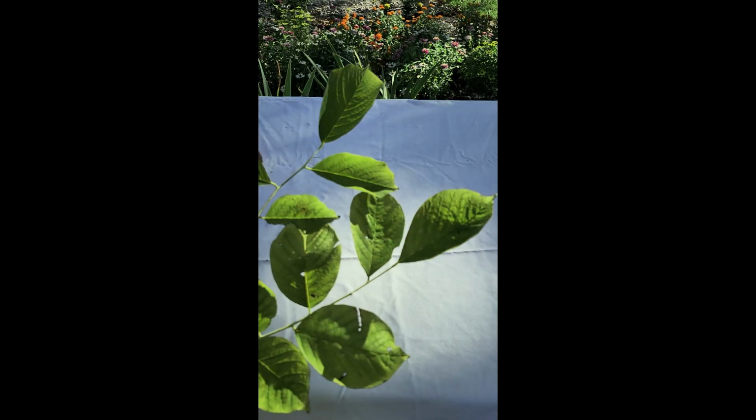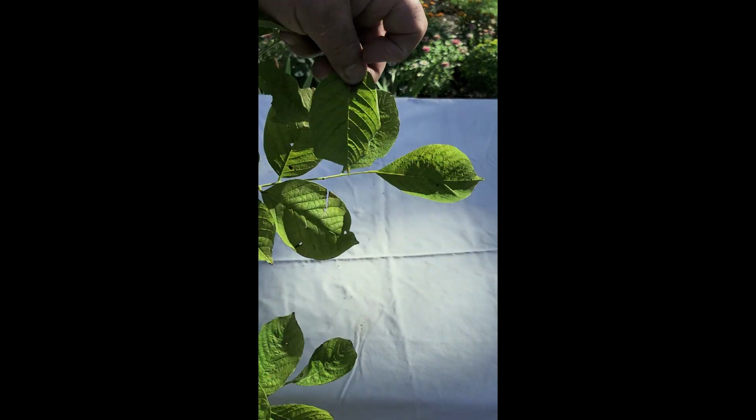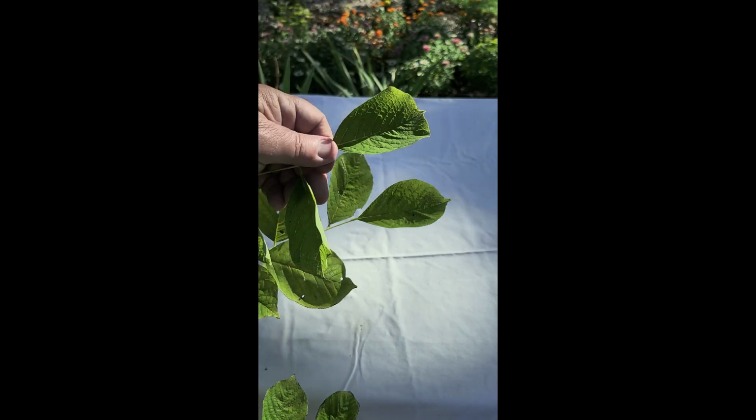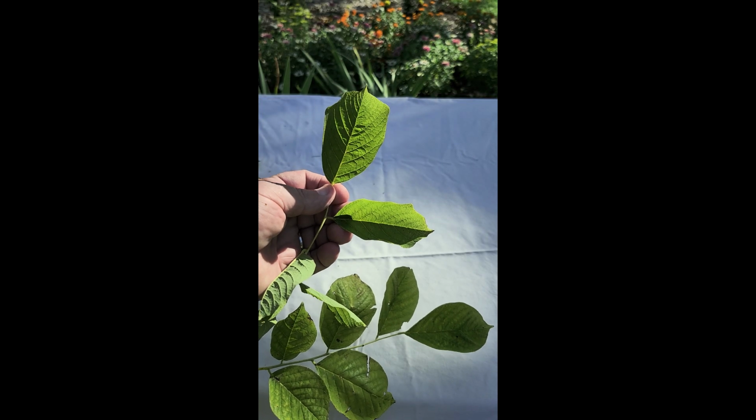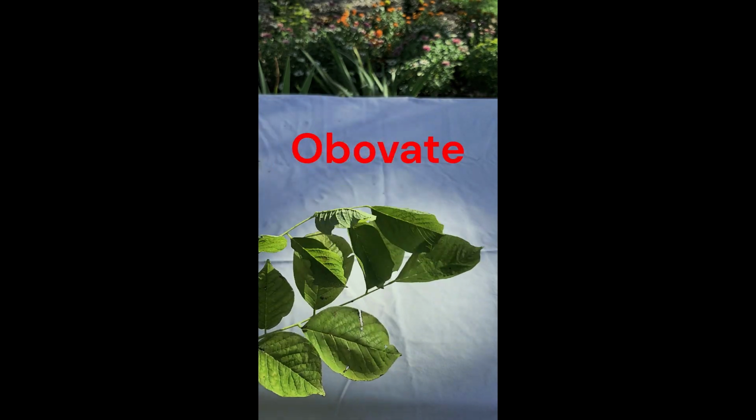So this is that yellowwood again. So this one, if you notice, if it were like this, we'd say it's ovate. But since it's the opposite of that, we're calling it obovate, the opposite, obovate. And then finally some leaf,